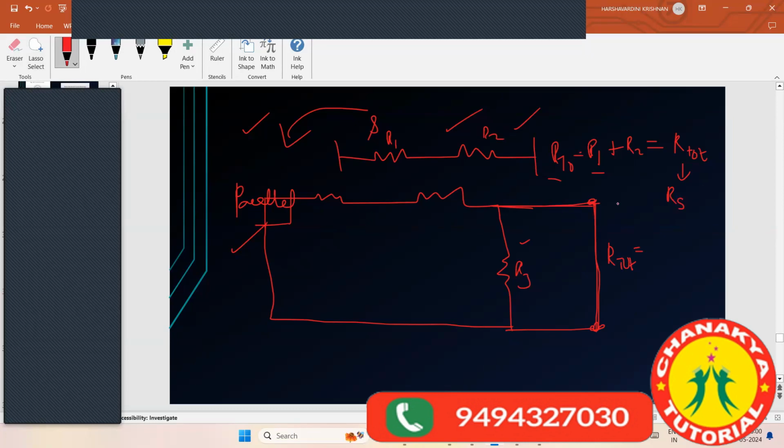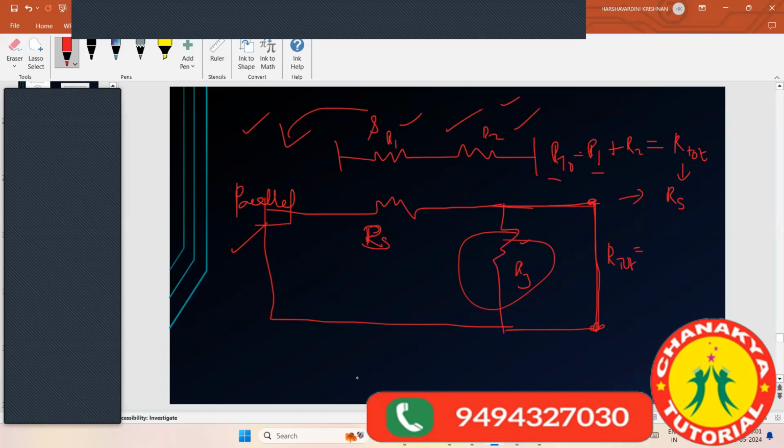So with this RS, I am adding one more resistor called R3. Please listen very carefully. Instead of R1 and R2, I can replace them with RS just for my comfort. Now RS and R3